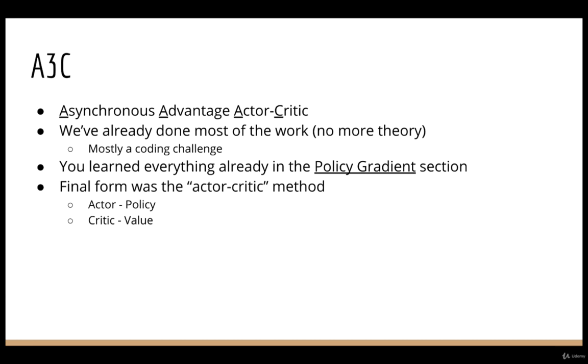As you may recall, the advantage is just the term we use to measure the difference between the actual return at state S and the value at state S. In other words, it's how much better the action we took is relative to what we currently believe the value is. So now we know where the terms advantage and actor critic come from.